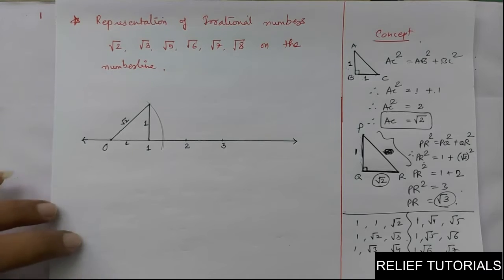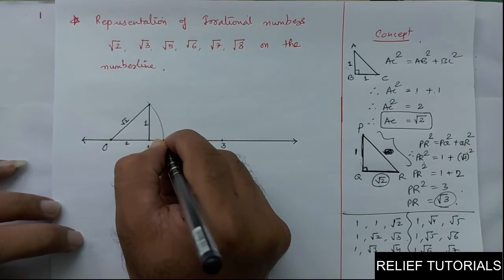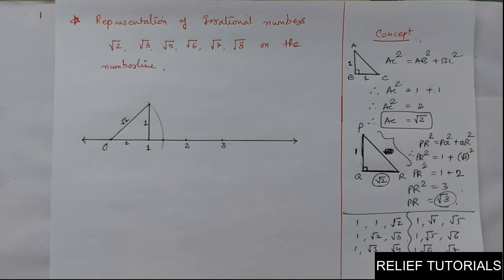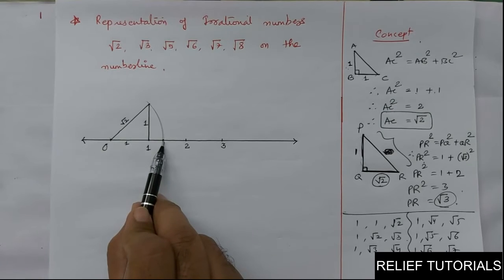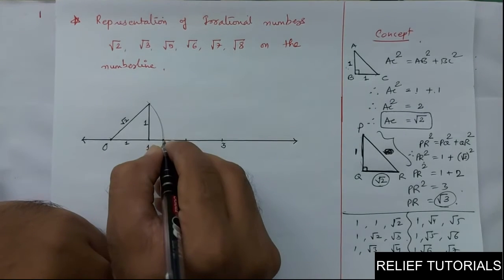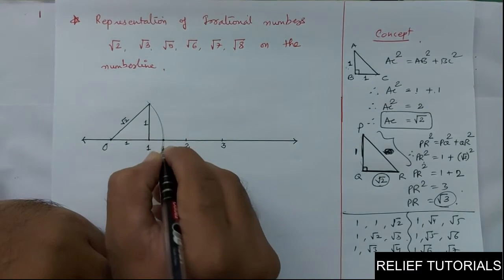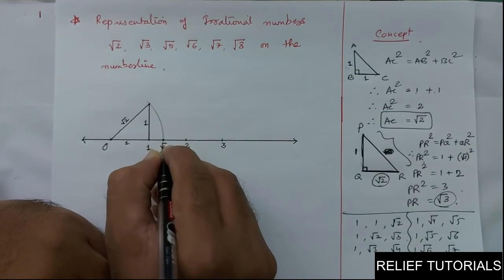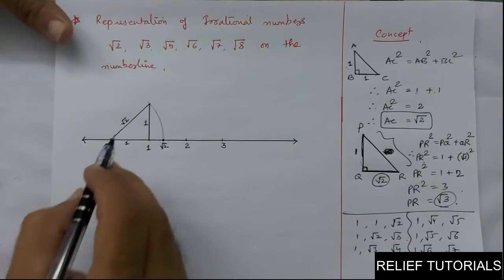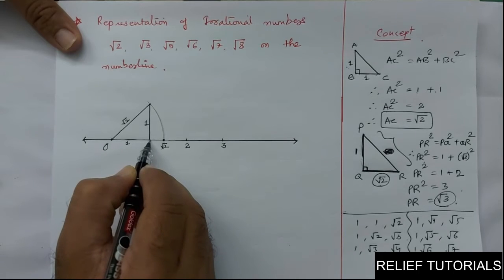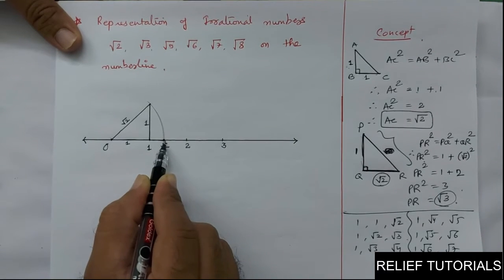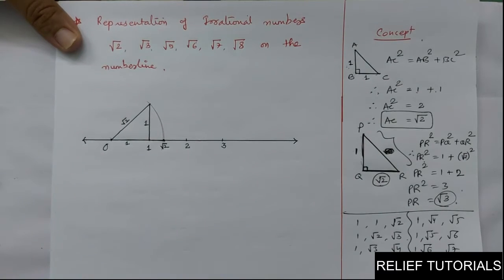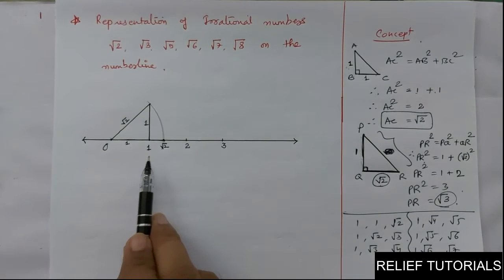So here, slightly, this point represents root 2. Be precise. Here two lines can be seen, but actually the last one is the real one. I'm not rubbing this, you take care of it by yourself. This is root 2. So look at this. This length is 1, but from 0 to this length is root 2. This point is root 2.